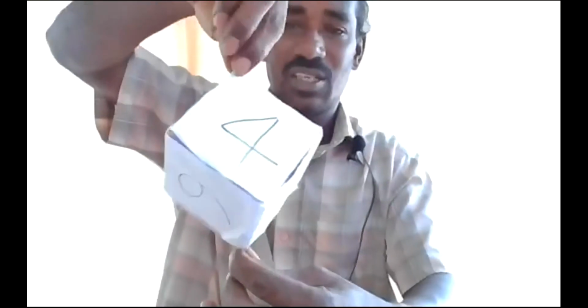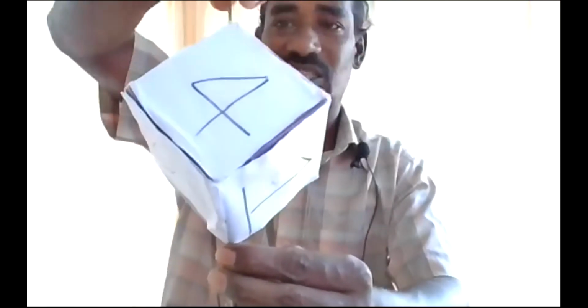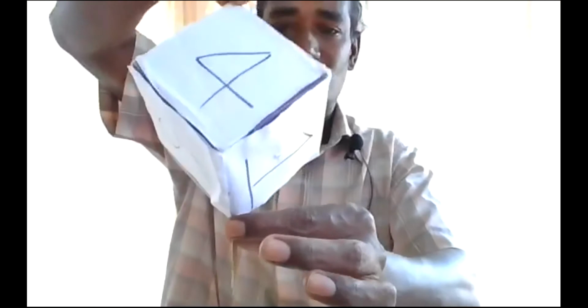Now again we will see regarding this. It is the starting point. How it is there means we are able to see three faces. One is this top face, one is one side face, one side face. Three faces we are able to see. Now we will rotate. We started to rotate.